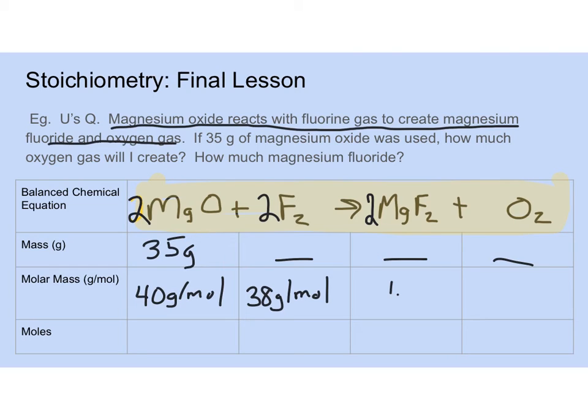72. Let me just make sure. 38 plus 24. 62. Good thing. My mental math's not very good. Been out of school too much. 62 grams per mole. Then my last one, oxygen, is going to be 32 grams per mole. Okay. So now all I do is I divide 35 by 40 to get my number of moles. 35 divided by 40. And I get